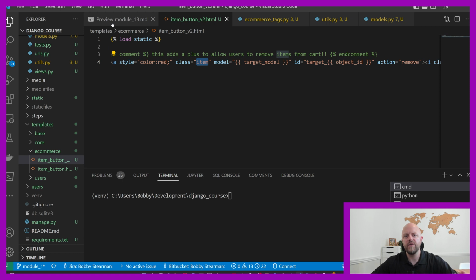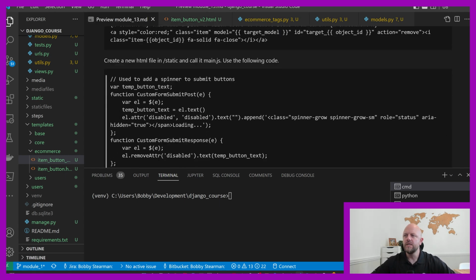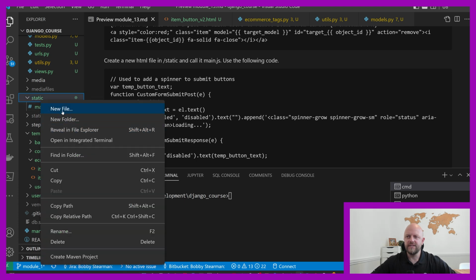It takes some time to go through that code and how the logic works, but when it sinks in, it makes a lot of sense, and it opens a lot of gateways to do some funky stuff with front end and back end. So create a new file in HTML static called main JavaScript. Okay, this module is quite heavy. Okay, so new file,